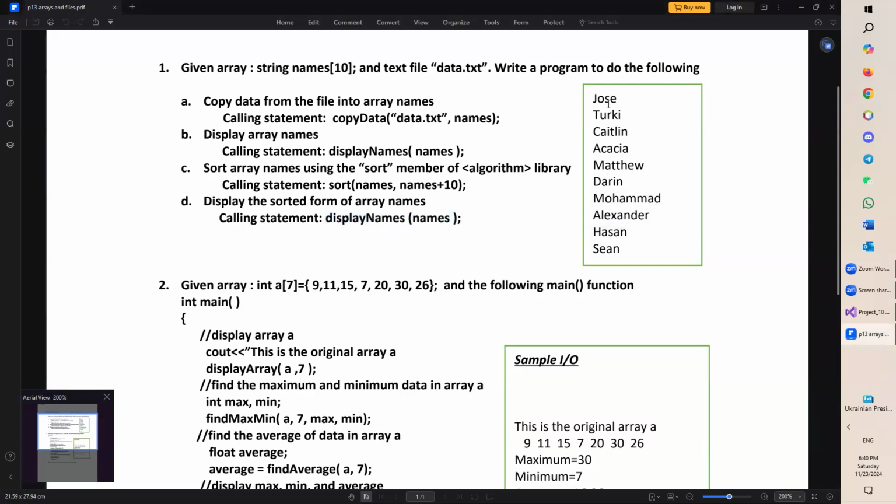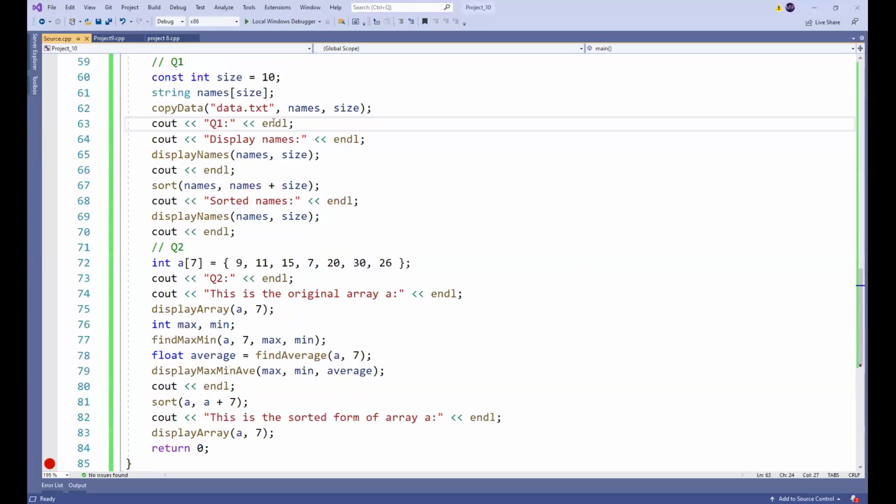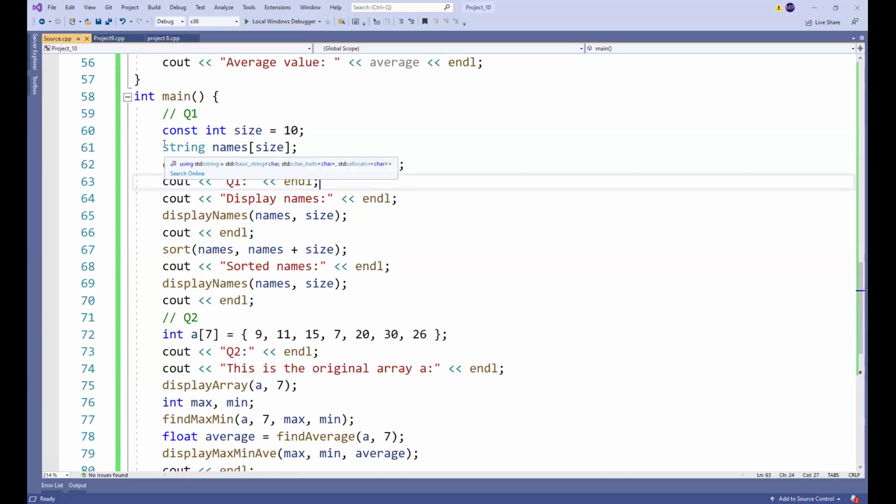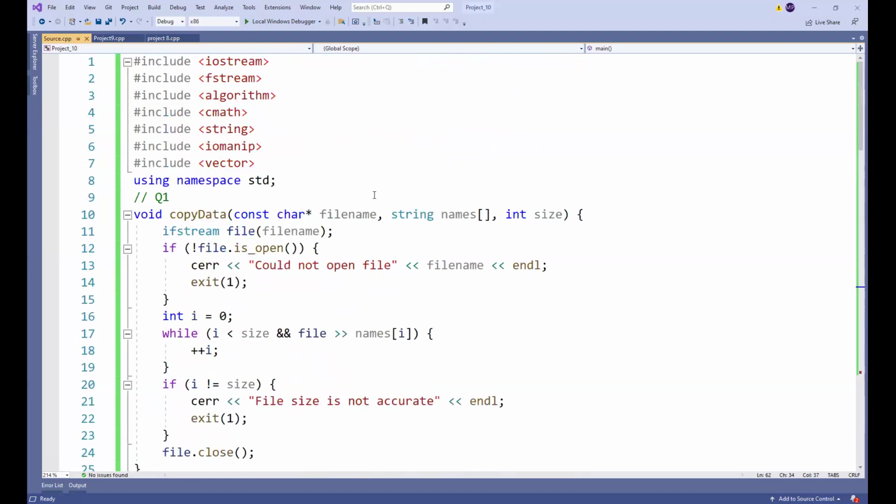We have these names. We have Jose, Turkey, Catalin, different names here. So for question 1, we define an array of 10 names. This names is an array of size 10. We call the copy data. This copy data takes the name of a file, which is a text file. It takes names, which is an array of strings, and size, which is 10. In the copy data,